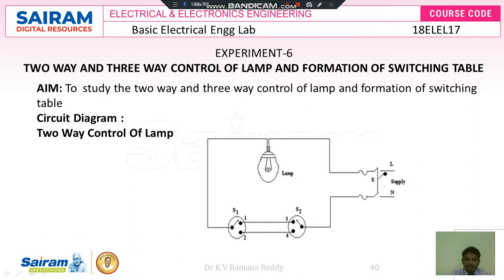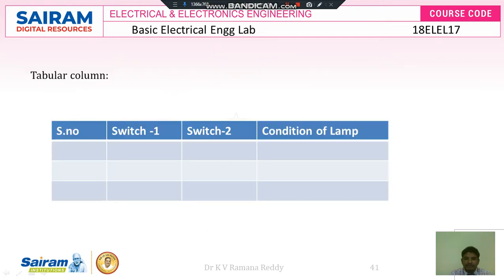Suppose switch S1 is at position 2 and switch S2 is at position 3, again there is no flow of current and the condition of the lamp is off. So this is what we discussed for the straight connection, where one lamp is controlled by two switches. Similarly,